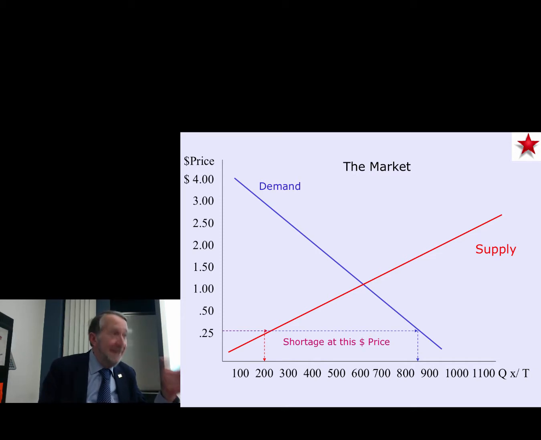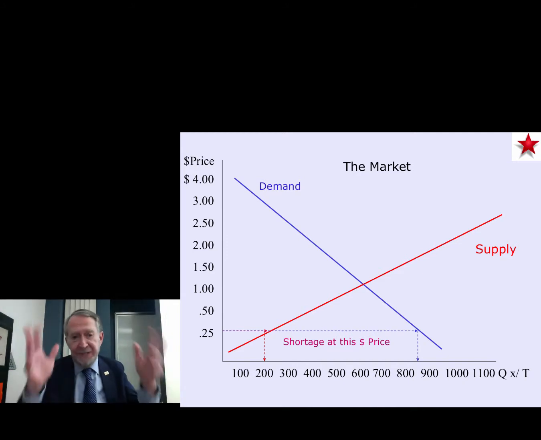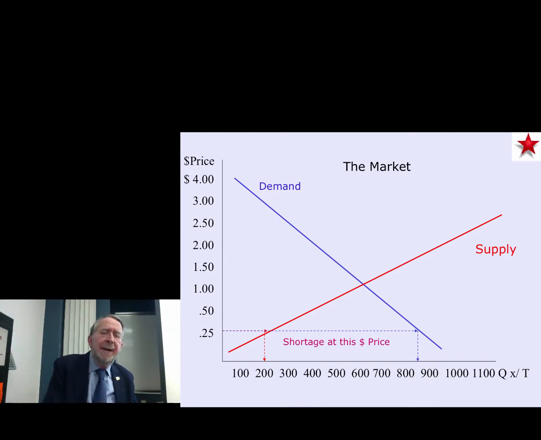Huh? To the manager, right? They let the sellers know right away. You guys, you probably never even had any flank steak. You just did that to get me in here, and I want a rain check, right? I want this and I want that. So when you have a shortage, they're upset buyers, and they will let sellers know of their concerns in that particular way. Recognizing that information, again, we have the willingness, the ability of sellers now to raise price, which is